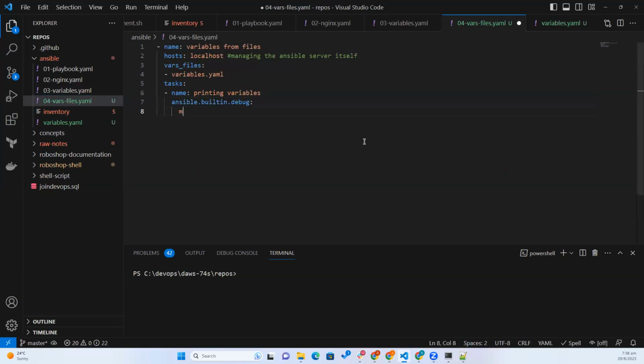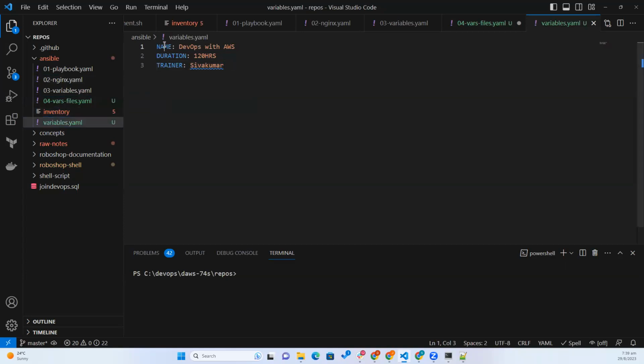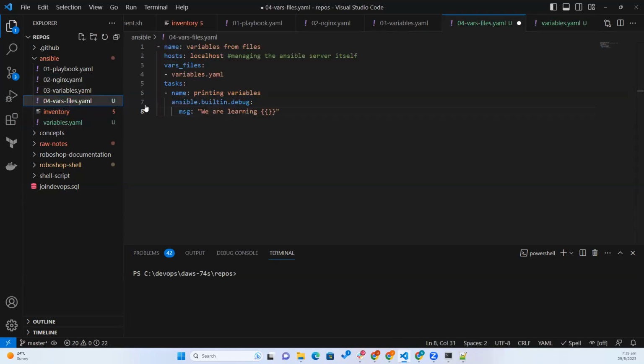And then message: We are learning. So in Ansible, it is always two flower braces to refer, and just the name, duration is